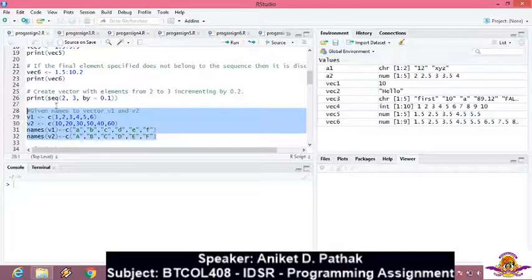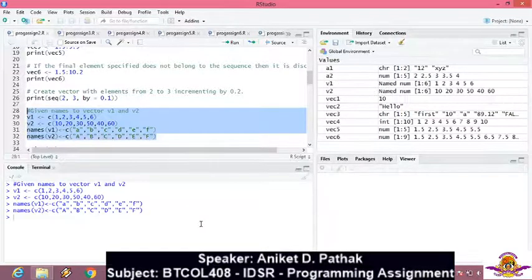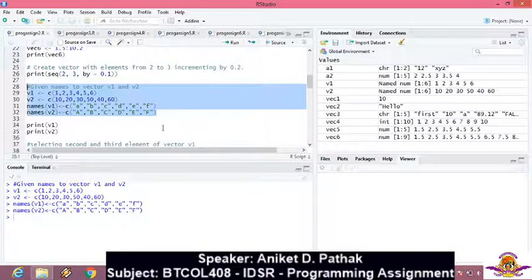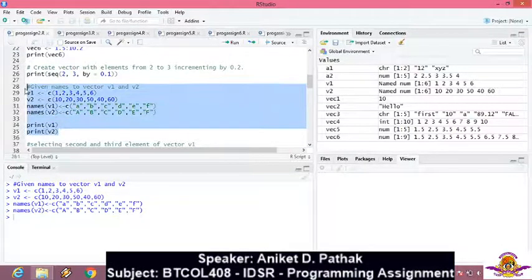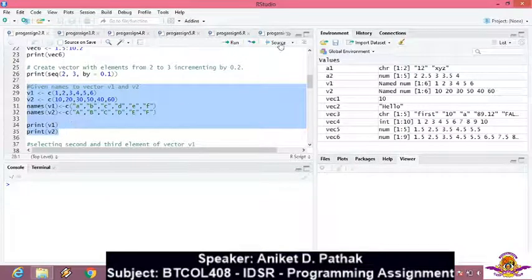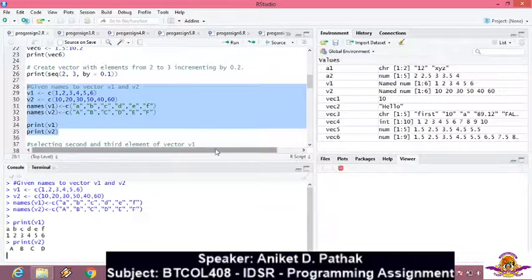Let's select it and execute it. Have you printed it? No. So now clear the console and again print it, because without the print function you will not get anything displayed. So run.